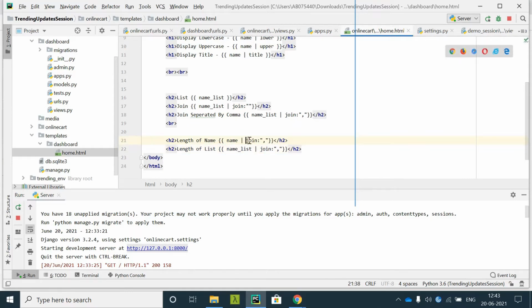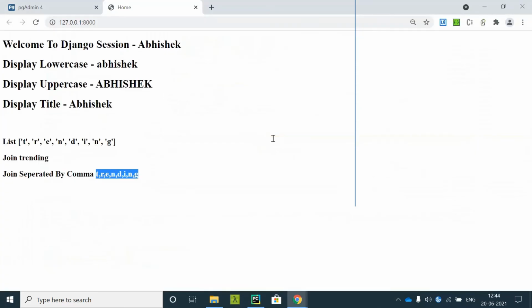I'm doing this together because it is very simple. Sorry, it should be like this. You can see the length of the name. My name is Abhishek, so the length of this is 1, 2, 3, 4, 5, 6, 7, 8.